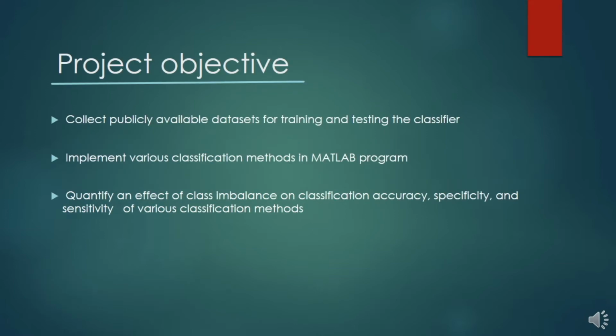The first topic that we're going to talk about is project objectives. There are three objectives in our project. The first one is to collect publicly available datasets for training and testing the classifier. The next one is to implement various classification methods in MATLAB programs. And the last one is to quantify the effects of class imbalance on classification accuracy, specificity, and sensitivity of various classification